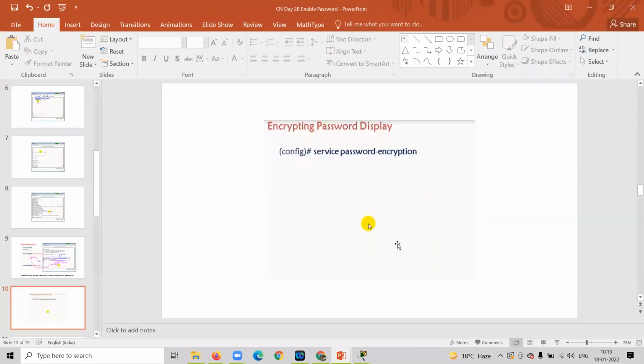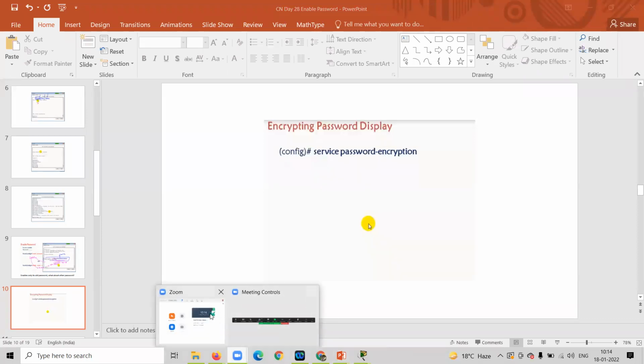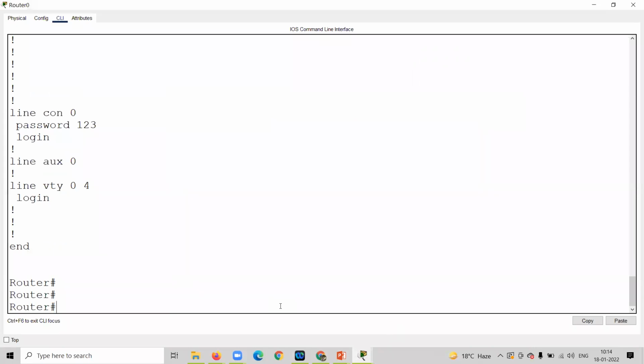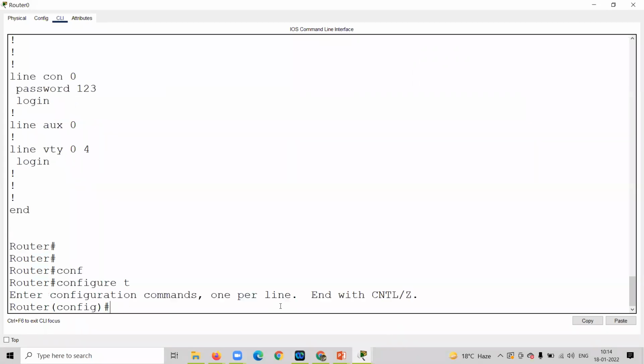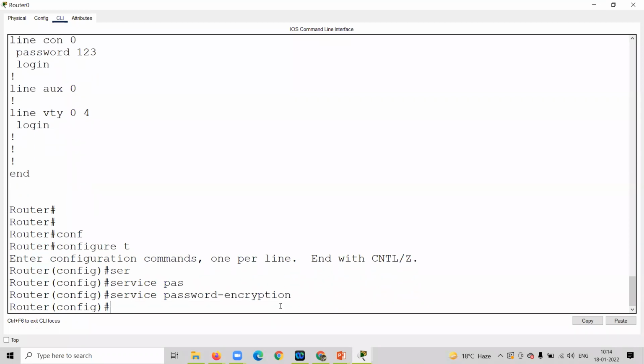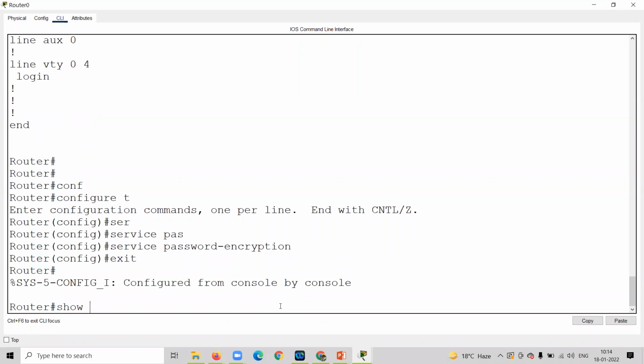If you type this command, all passwords will be encrypted. So let me write the same command, service password-encryption.